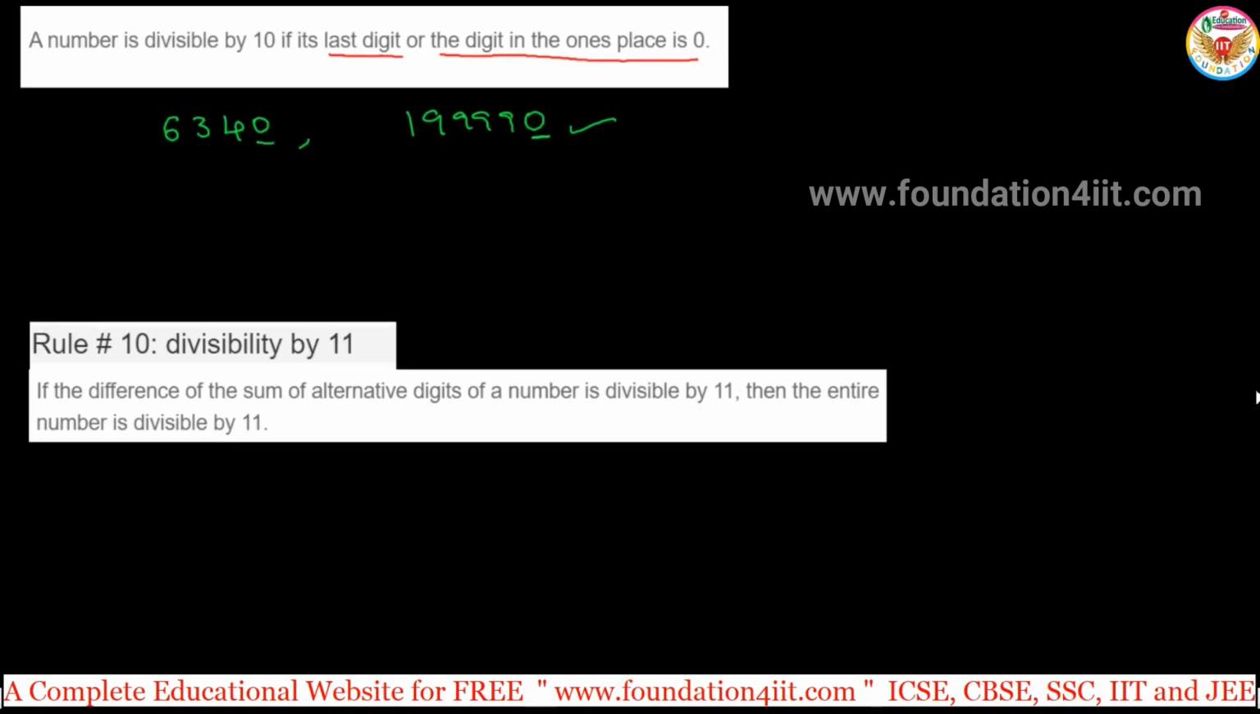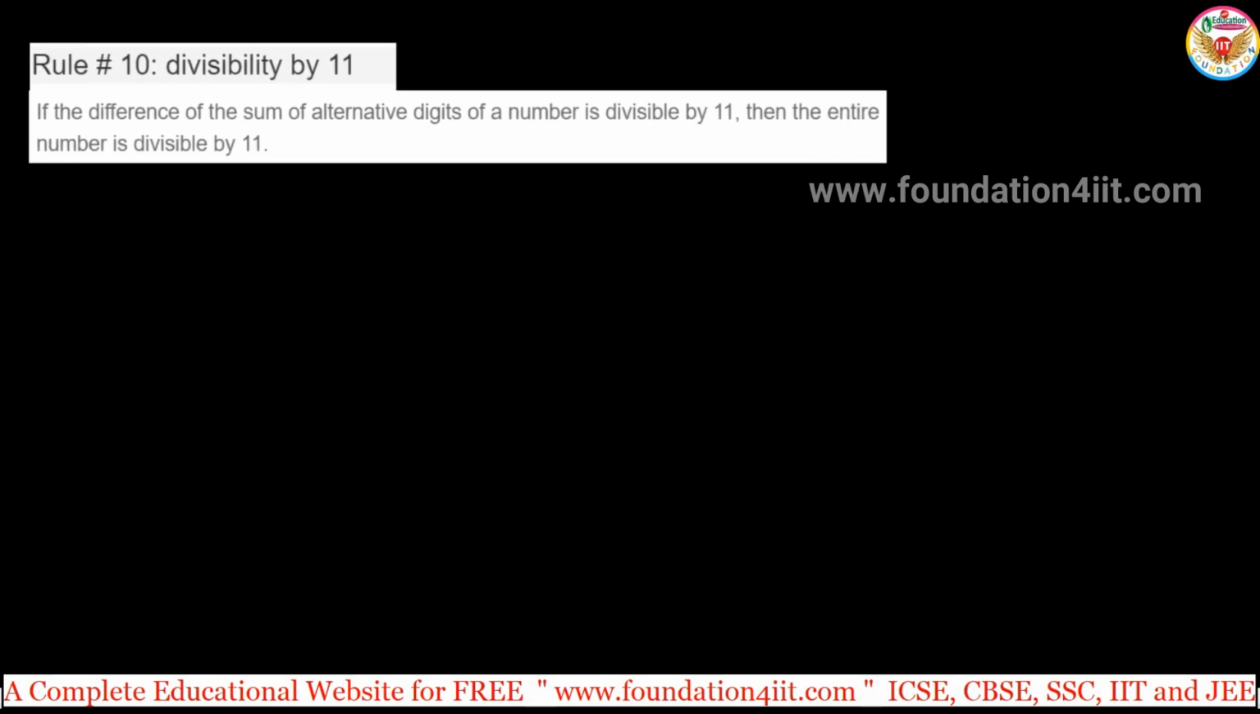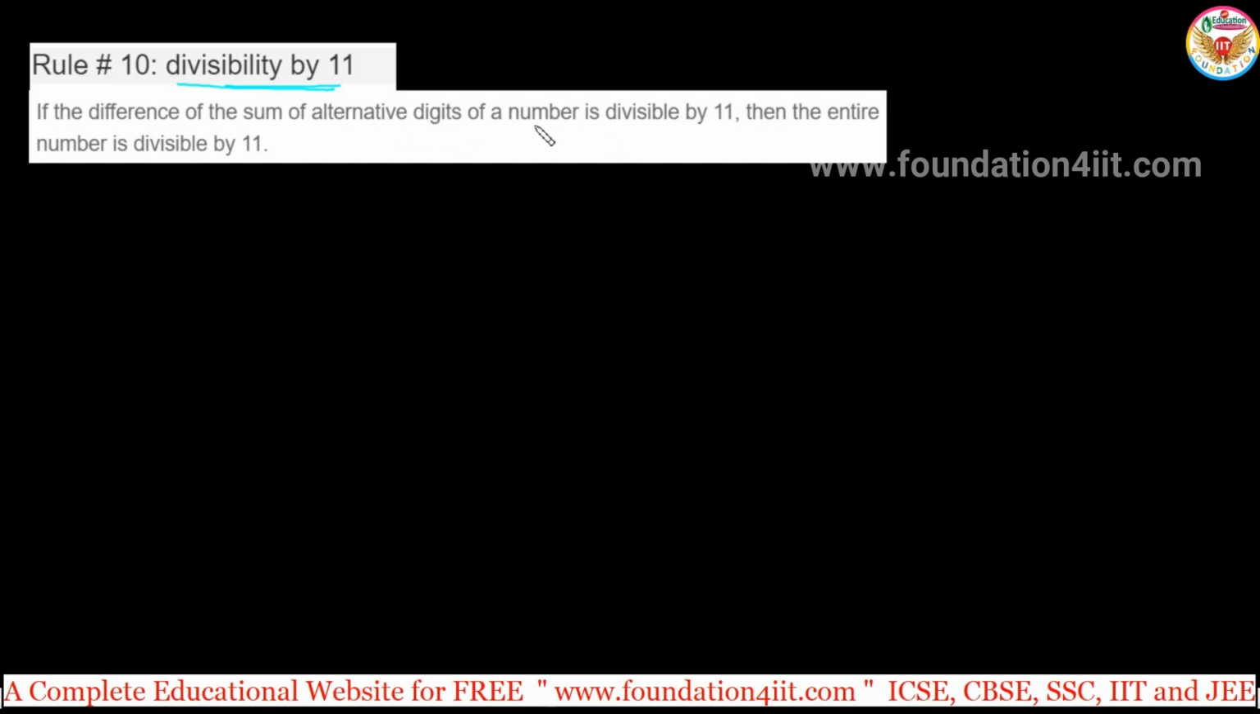Next, see the rule for 11. In this case, the rule for 7 is not there in the syllabus, so we are not taking 7 here. The divisibility rule for 11 in the syllabus: if the difference of the sums of alternate digits of a number is divisible by 11, then the entire number is divisible by 11. Let us take one example,